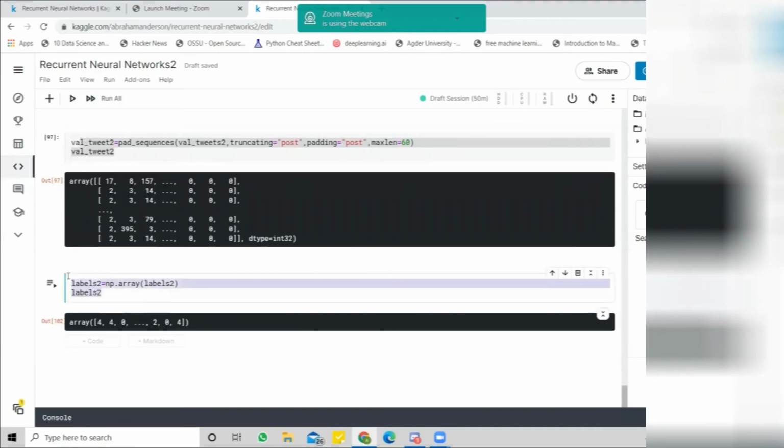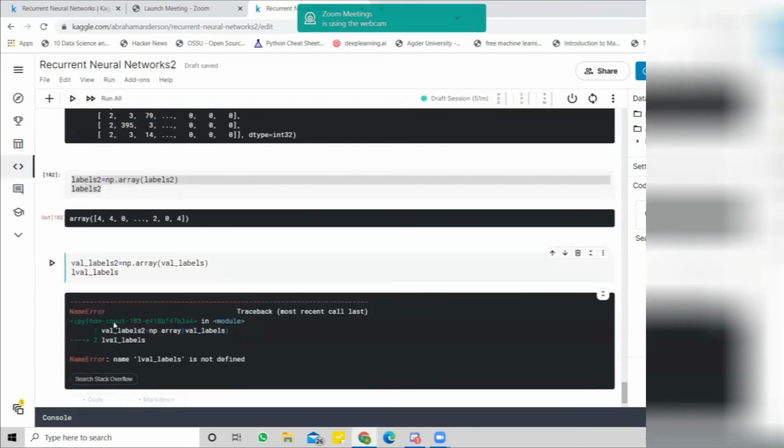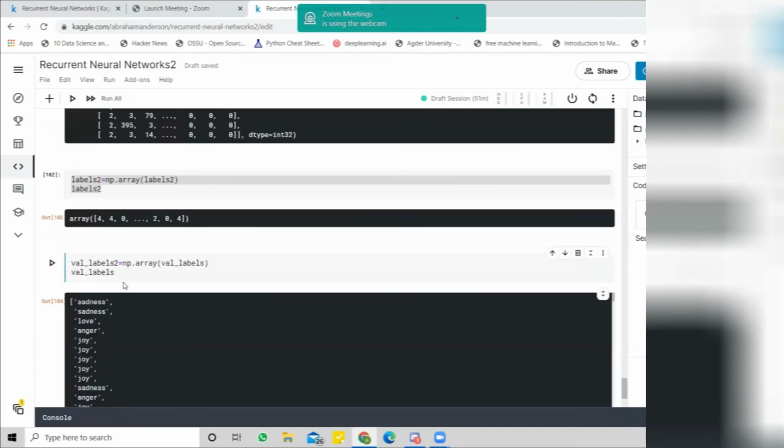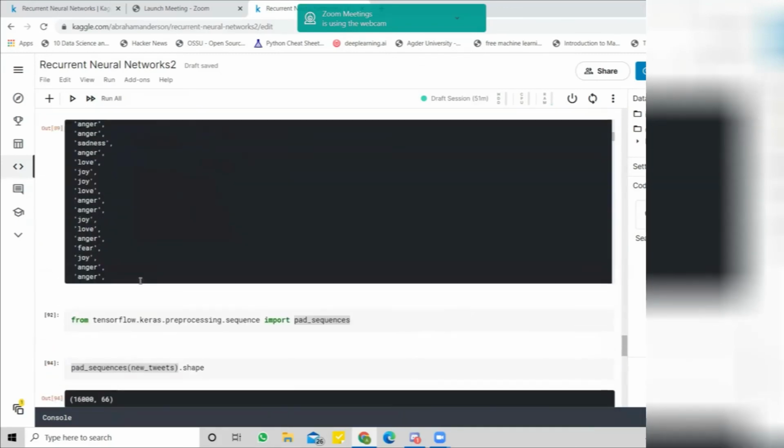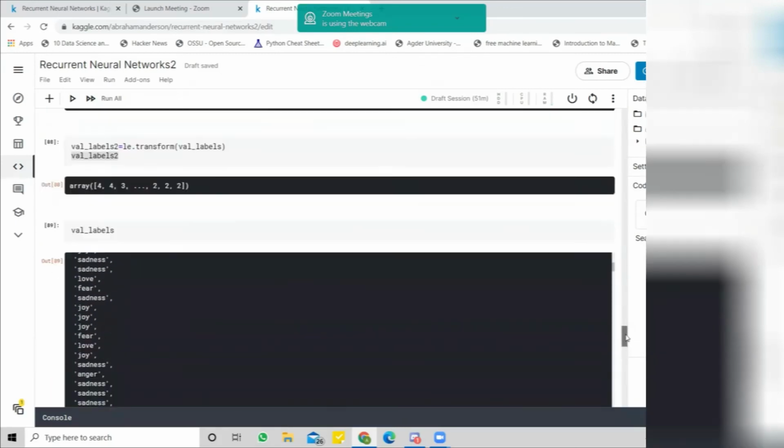Let's do the same thing for the validation data labels. Validation labels. Val labels 2. Let's find this one. That one is not it. I am not remembering correctly.